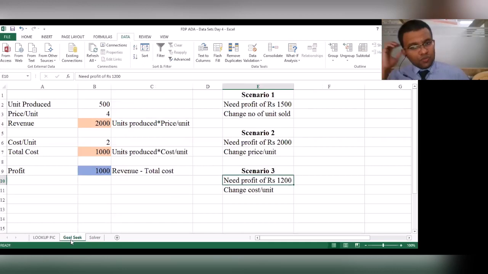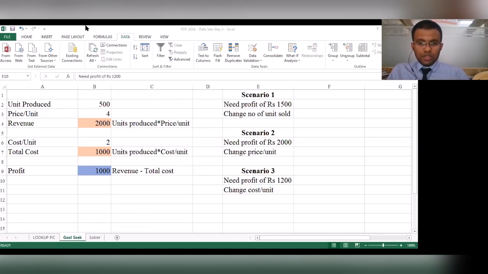The next part that we are going to be learning is what is called goal seek.